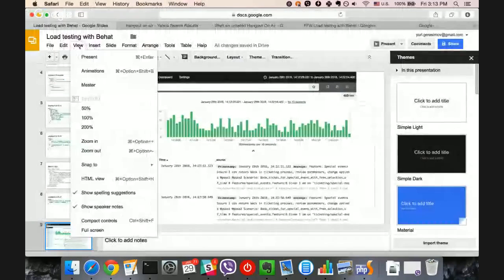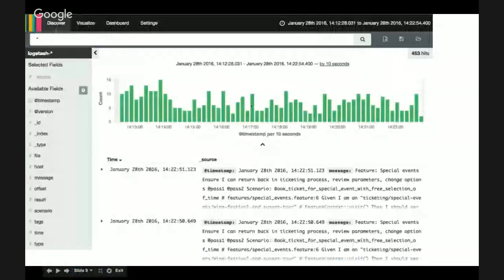Okay, the view. So this is how Kibana looks. You can see the log messages at the top with this graph. You can see how many log messages are here and the time period. The idea is we were emulating a big number of users: we emulated 50 concurrent users and then 100. By using this metric, we were able to see how many runs of the Behat test we had